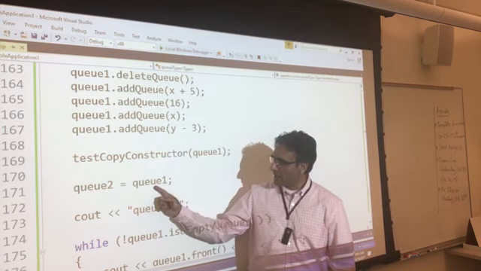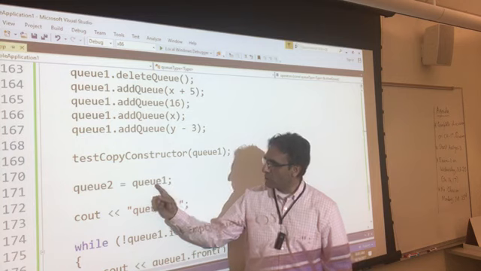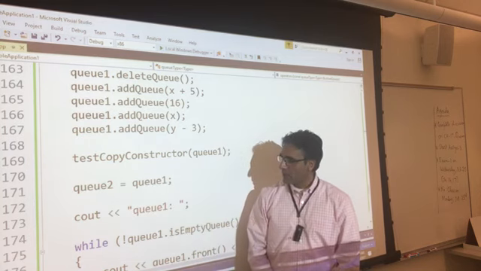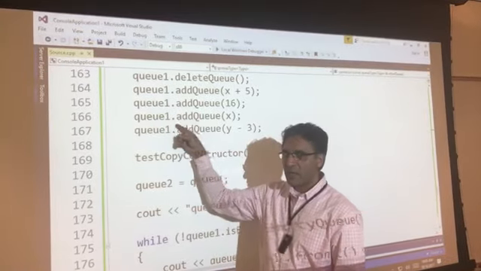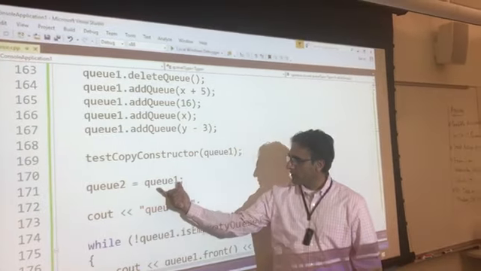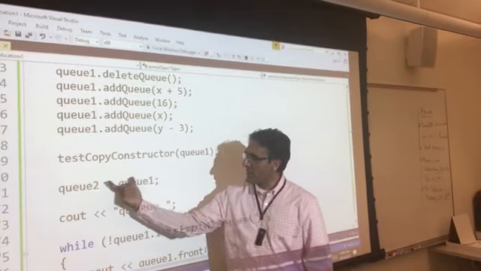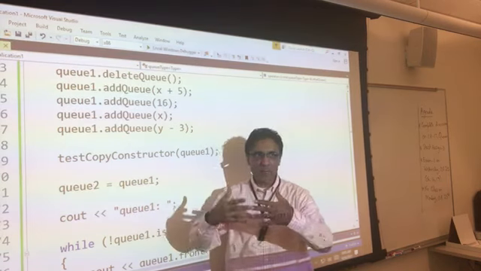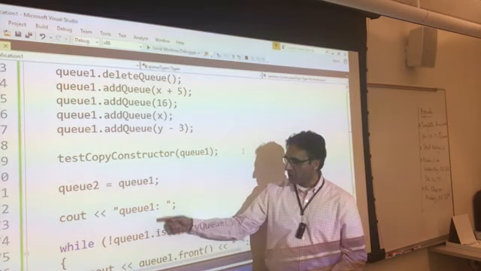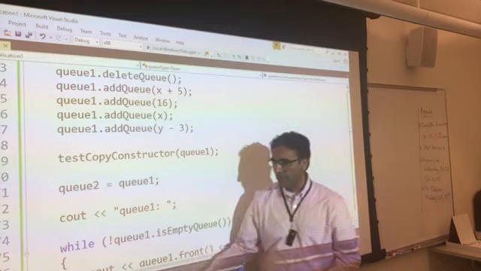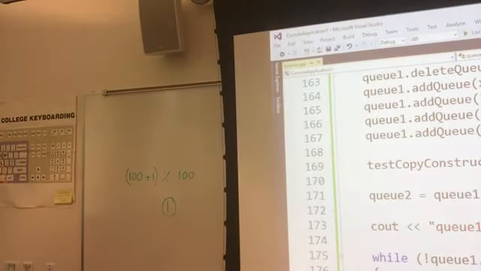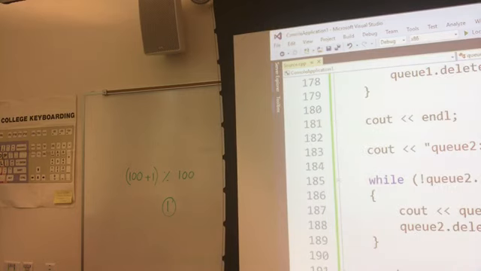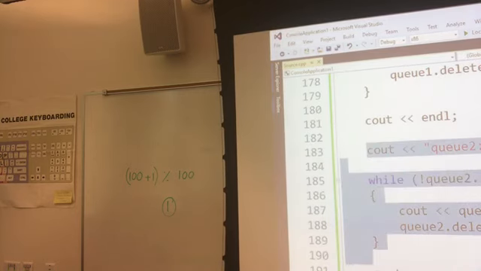Then I'm assigning Q1 to Q2. Everything was added in Q1, all the data. So whatever data we have in Q1, assign to Q2, make a duplicate copy, and then show the data in Q1. Once the data is displayed in Q1, then display the data in Q2 right there